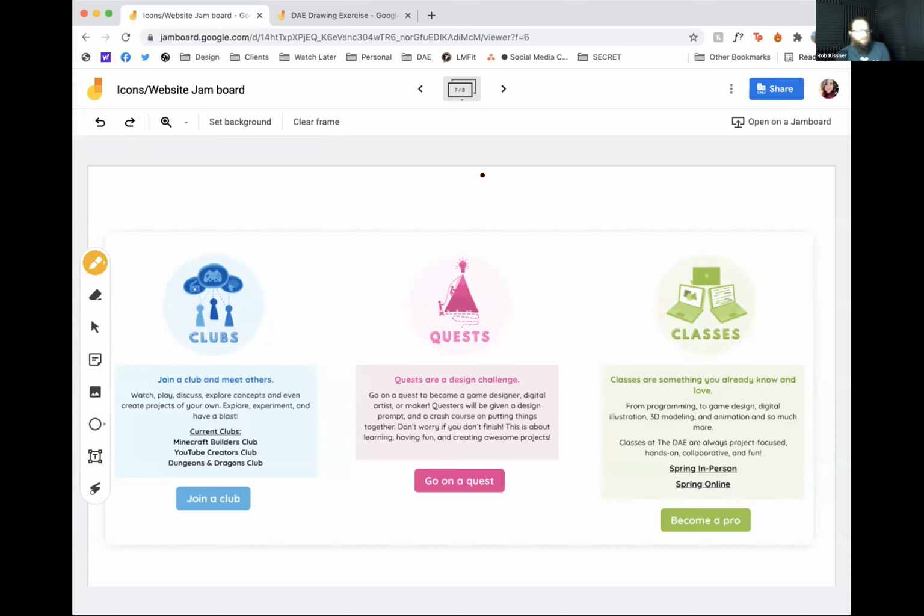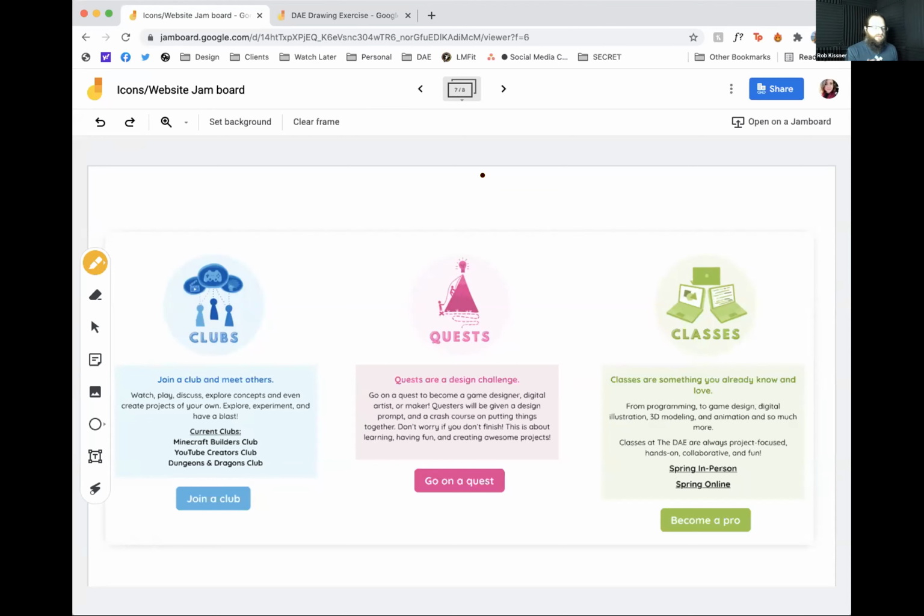We've used Jamboards remotely with students when we were developing games, and we list out lots of ideas of what style game, where's it going to take place, who's going to be the enemy, how many levels, all that kind of stuff. It's just a place to come together and be collaborative, where we can all see what we're working on. And that's such a difference than just talking about it.